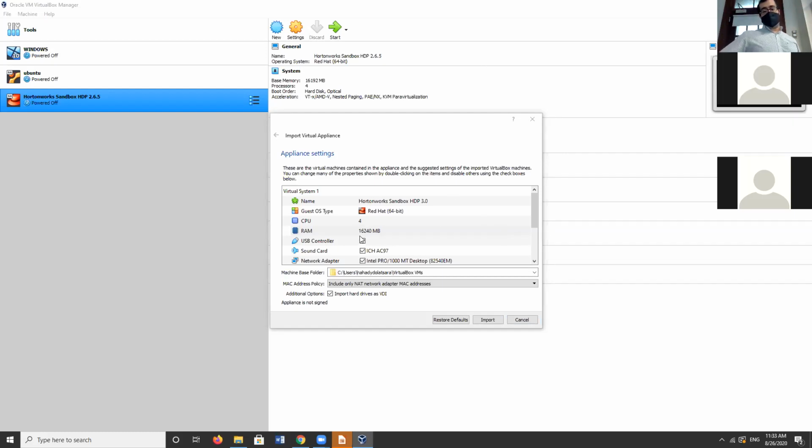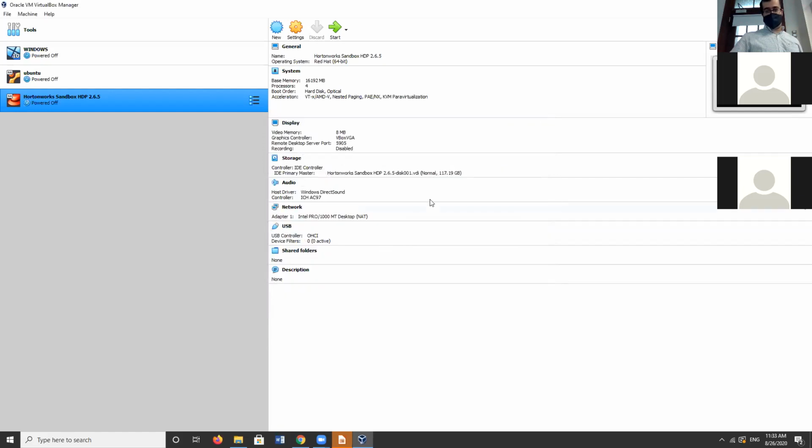So look here, in front of my RAM is 16. If I want to change it, I just click on it, then increase it maybe to 18 or 16 or whatever. So in front of RAM, there's a number, you can click and just change. So that's it, and then when you look at your VirtualBox, you see I have Hortonworks Sandbox HDP 2.6.5. When I double click it,